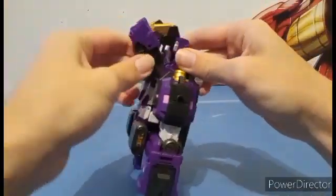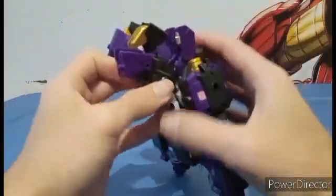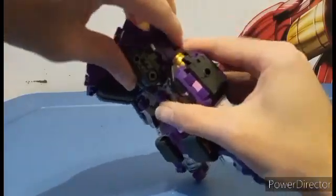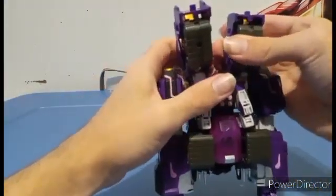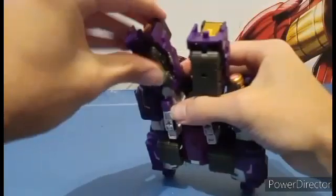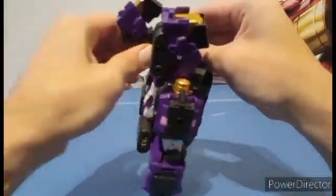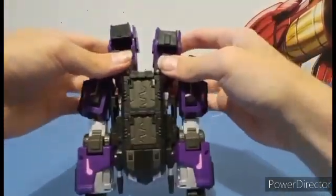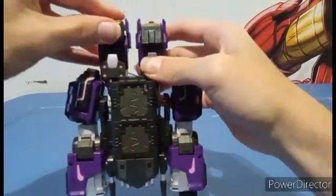and it's going to flatten out, and then there are crevices that you're going to need to try to get these big tabs into, and it's kind of difficult to do, especially with all the junk in the way. But it is doable. I'm just going to rush it for this review, but you know, kind of. They don't exactly plug in, but they do kind of stay well enough that they don't